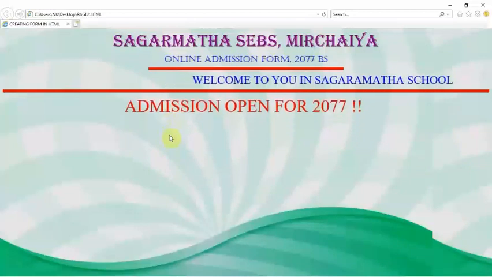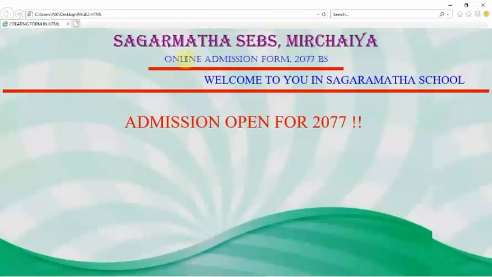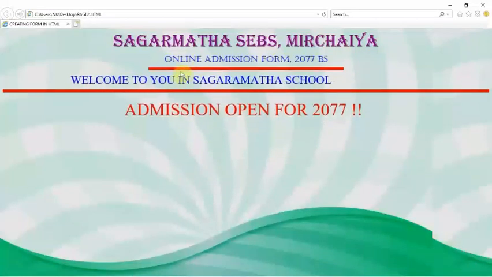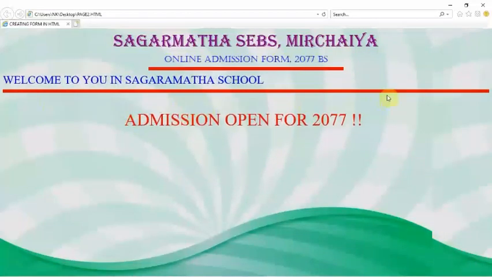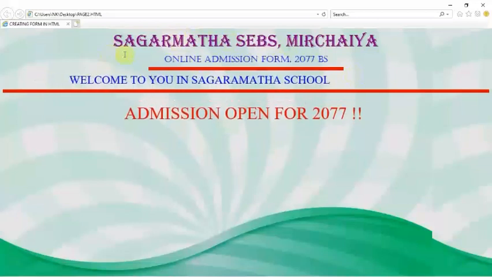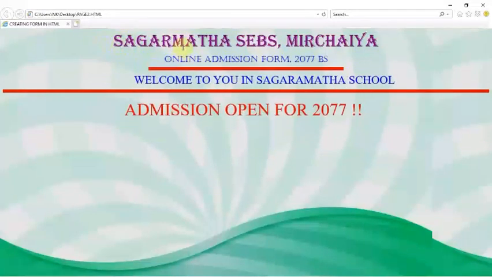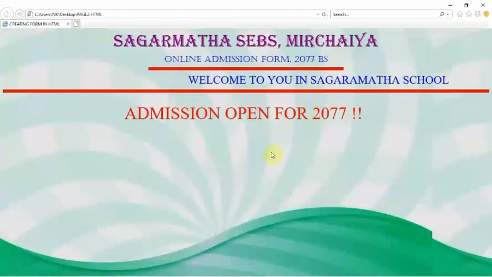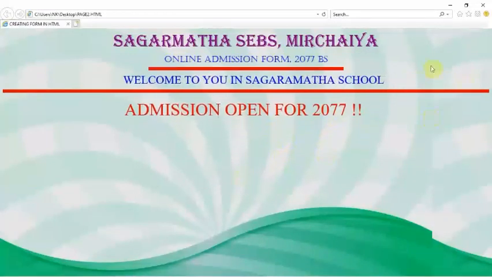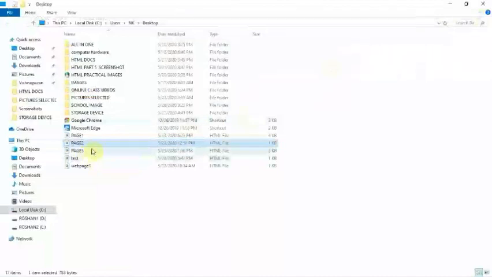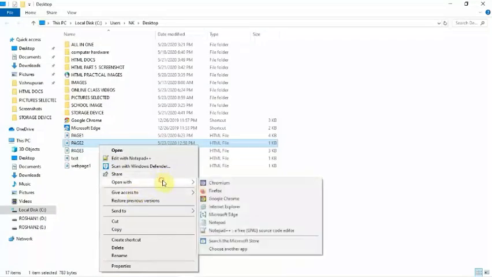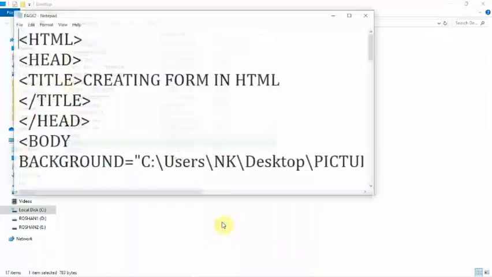This is one example, and here I will create the form. You have already read about how to create marquee, how to insert moving text, how to insert horizontal line, so I do not want to discuss that. And I have inserted different types of text in different colors with the help of font tag, so that you already know. And down here I will create the form. Without any delay I want to create the form. So first of all I have to do right mouse click here, because in page 2 I want to insert the form. Right mouse click, then open with notepad.